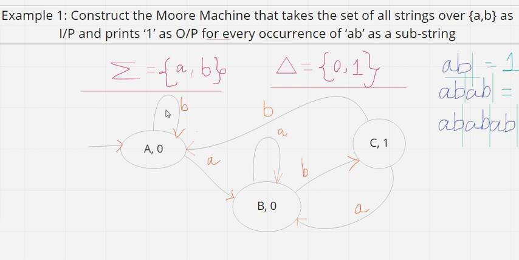We have taken all possible combinations of a loop, and then we have taken this B, in order to meet different kinds of strings, because it says to take the set of all possible strings over AB. In the next video we will look into one more example of how to construct the same Moore machine and Mealy machine. In this example I haven't shown you how to construct a transition table, but when we do the conversion process, we will definitely look into that in detail.